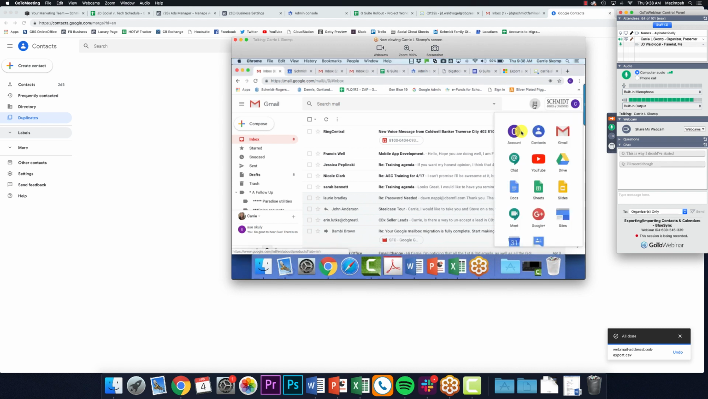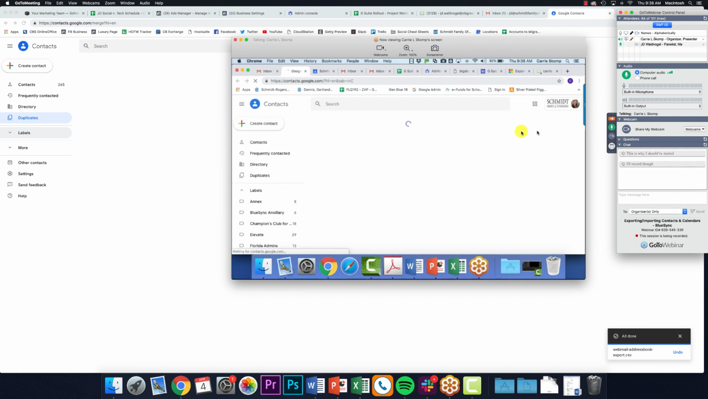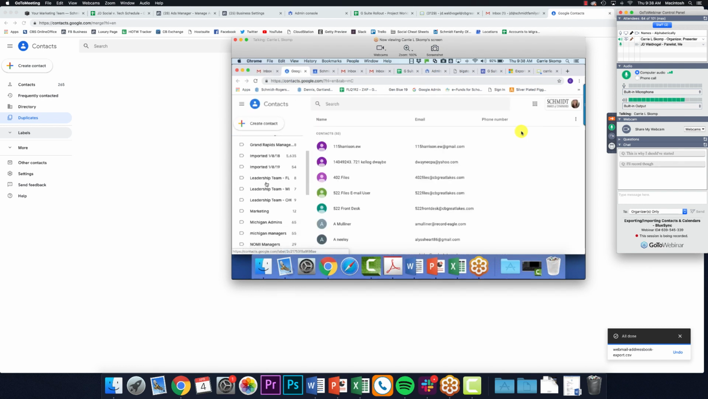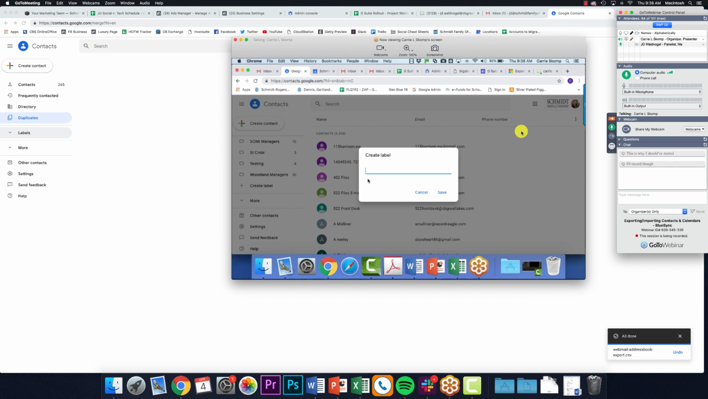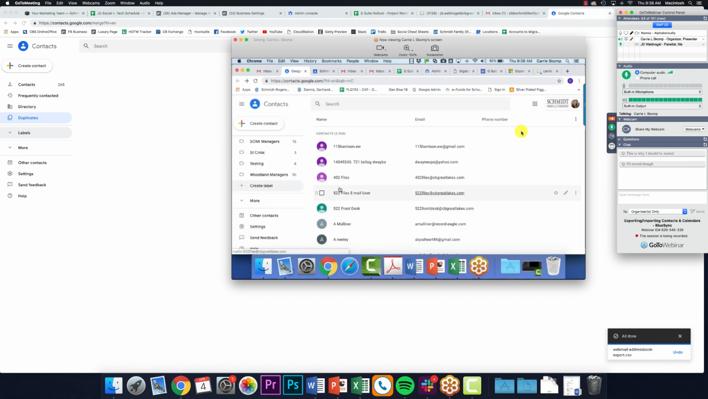So the easiest way is to go into your apps menu and go to contacts. If you scroll all the way down on your left-hand side, you might not have to scroll as far as me. I already have mine set up, but you simply hit create label. That's BlueSync, not BS, by the way. Hit save,